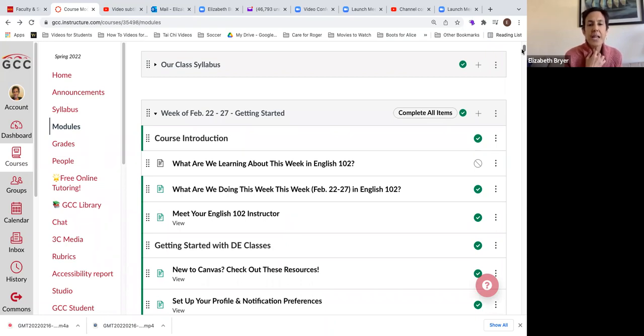when you log on to find out what we're doing in class that week, you'll see the dates, week of February 22nd to 27th for next week. And then there'll always be these two pages at the top. One says, what are we learning about this week in English 102? And I'll just tell you what our learning objectives are for the week. And then what are we doing